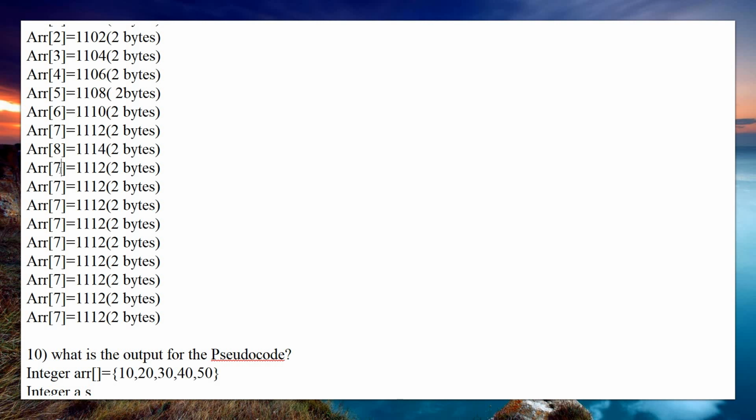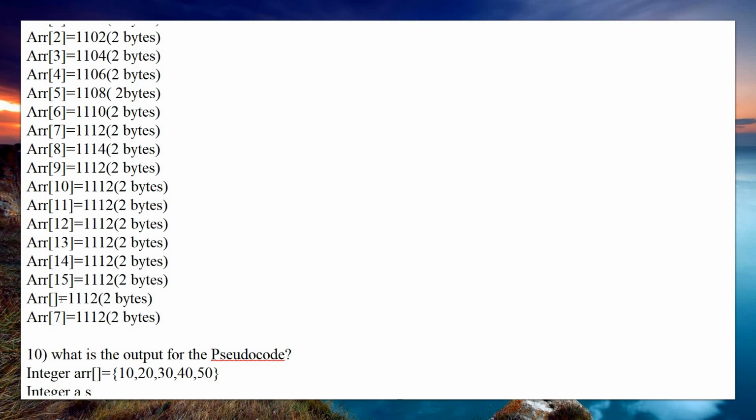After that array of 9, array of 10, array of 11, then array of 12, 13, 14, 15, and lastly 16 as well as 17.